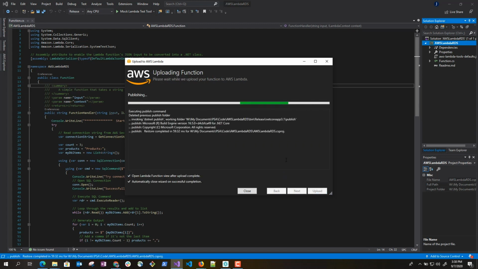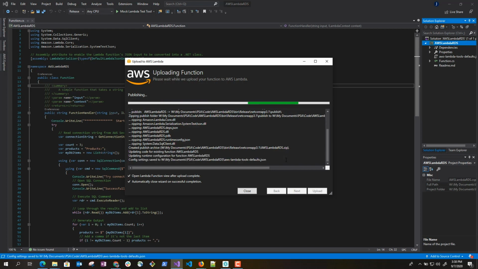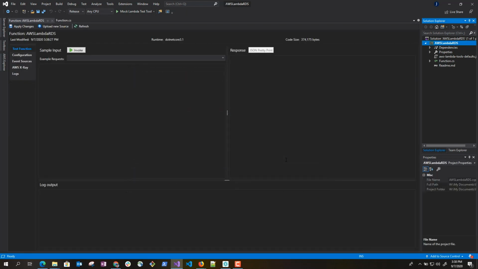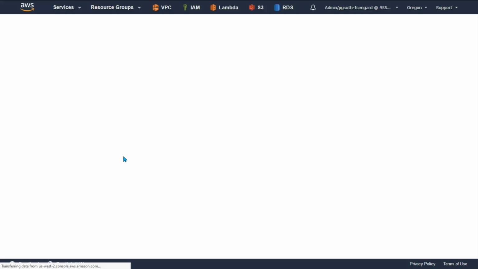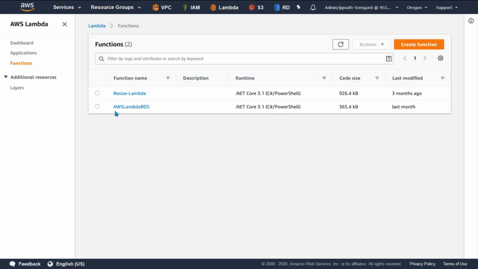Once it uploads our Lambda successfully, it will close this dialog. So now let's go to the AWS console and see whether our Lambda got published successfully or not. As you can see, our Lambda got published successfully.